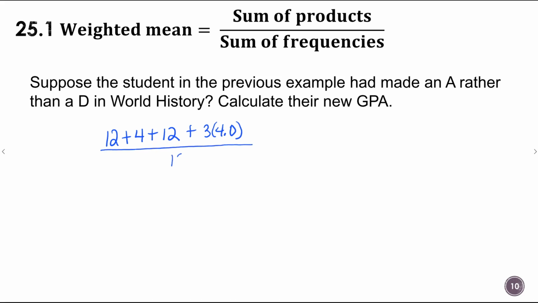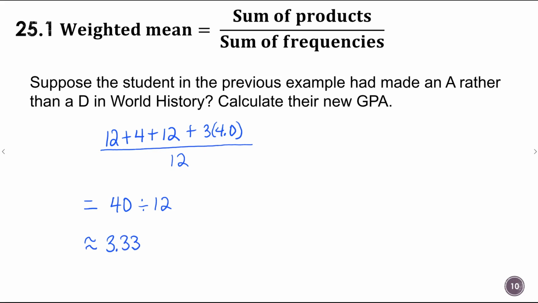Anyway, so we're taking the 12, the 4, and the 12, and then instead of just adding 3 points, we get to add 3 credit hours times 4.0, so that's going to change our total significantly. And then remember, we're dividing by 12. So now when we add these up, we're going to get a new total of 40 points for the grades we made. And then we take the 40 and divide it by 12, and our new GPA is